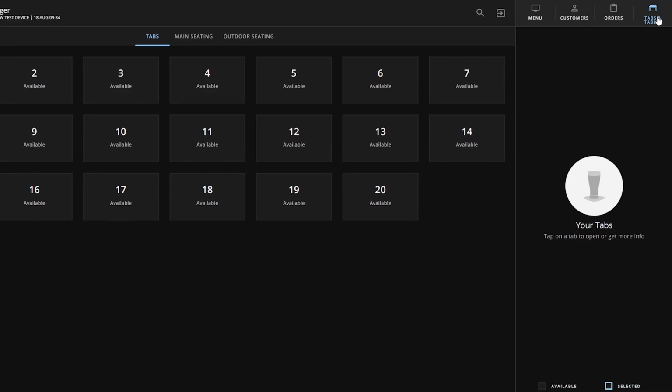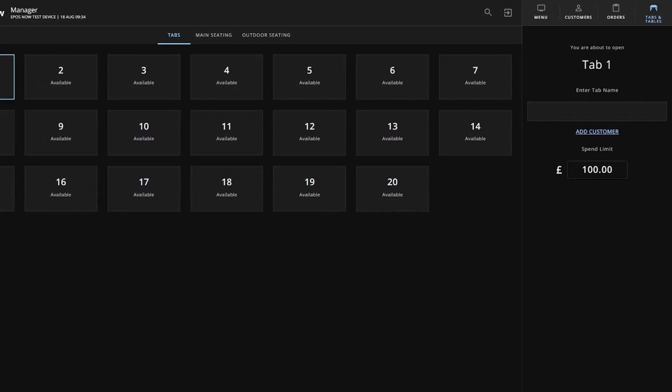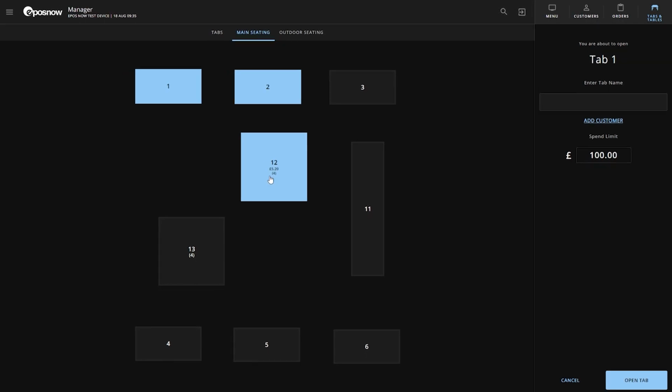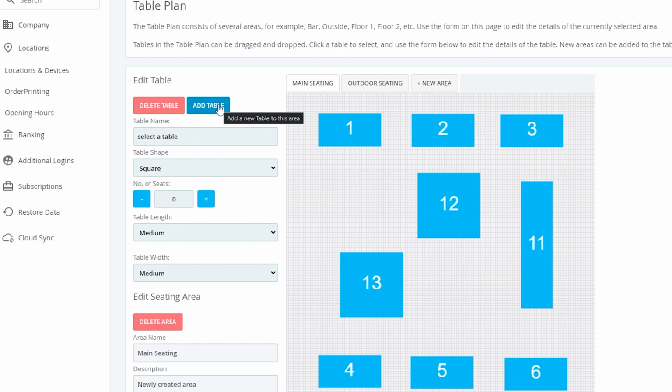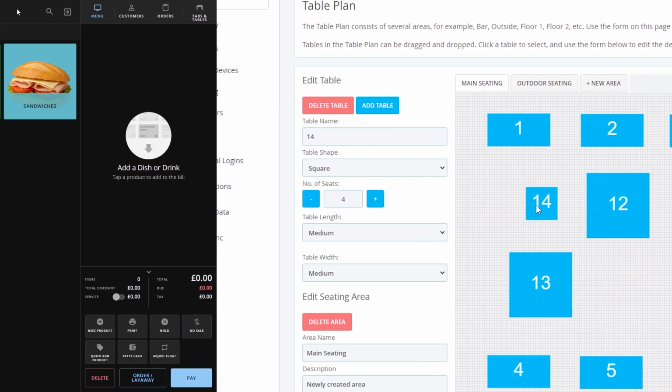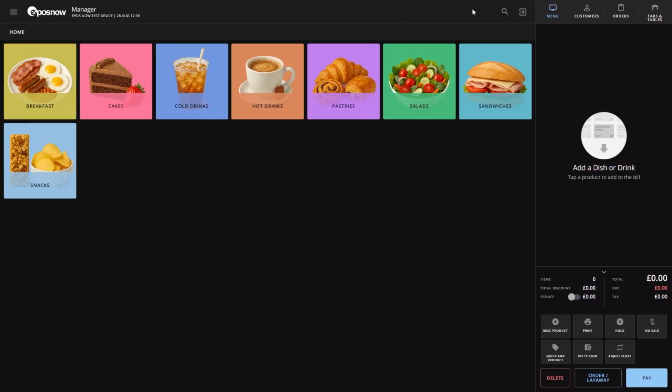Hi there, and welcome to your Epos Now guide for tabs and tables. In this video, we'll show you how to set them up and use them, whether you're running a busy bar or managing a full restaurant floor. Let's get started. Both features let you save customer orders for later, but the way you use them will depend